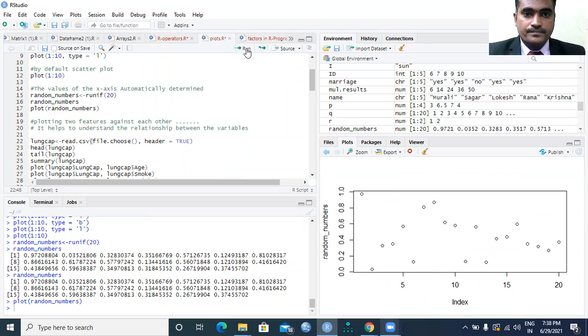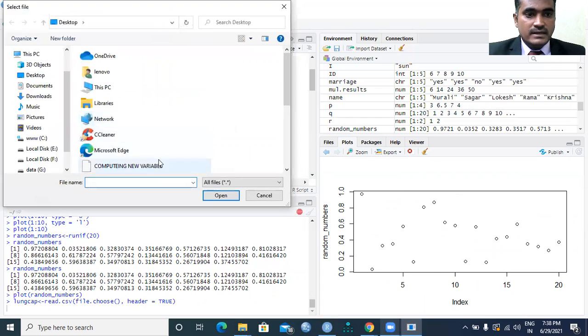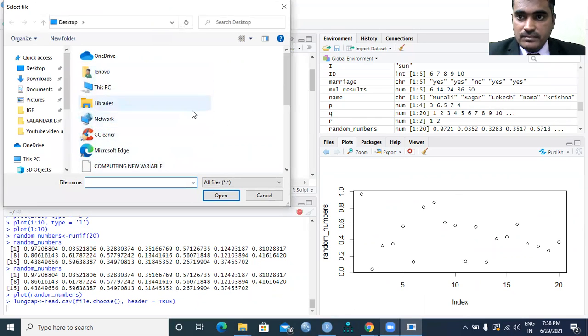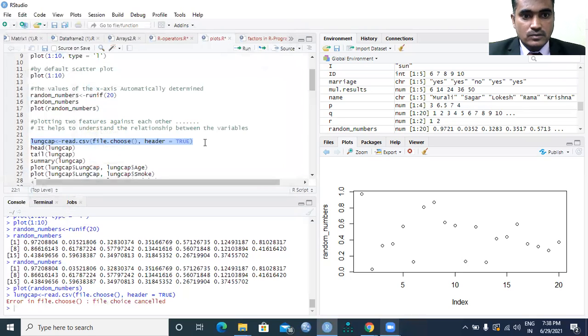Just execute this command: lungcap data, which has been given by marinstat, read.csv(file.choose(), header = TRUE). When you run this command, automatically the file dialog will open. I will show you once again how to import the file from the desktop into R programming.